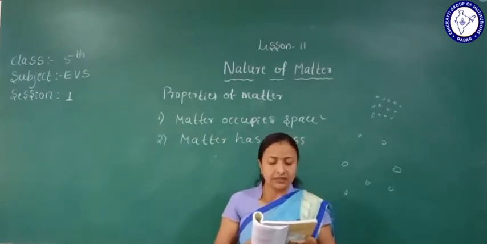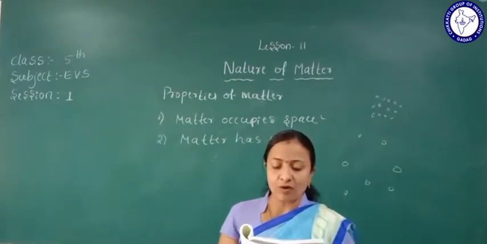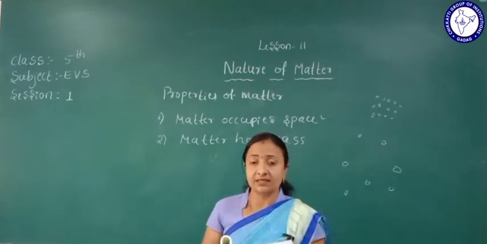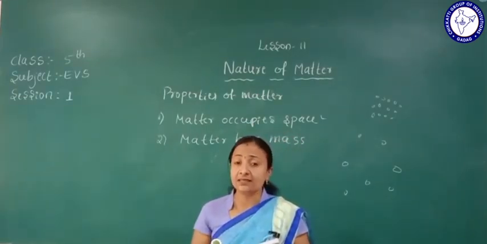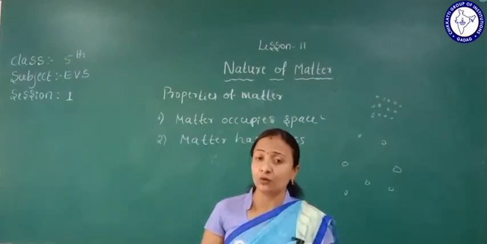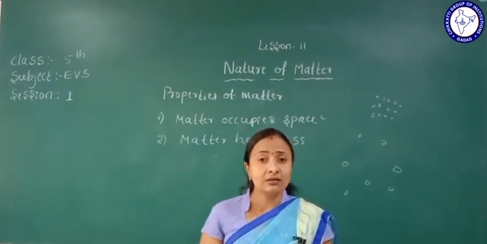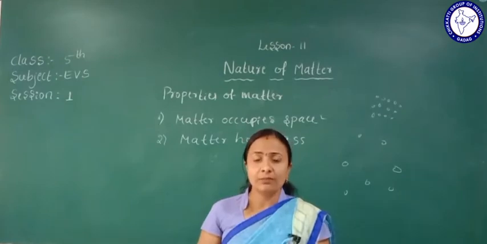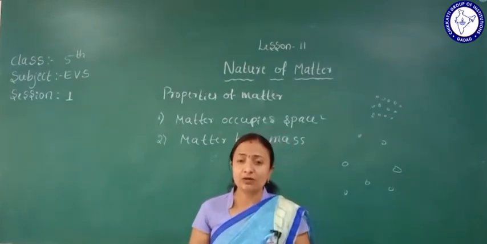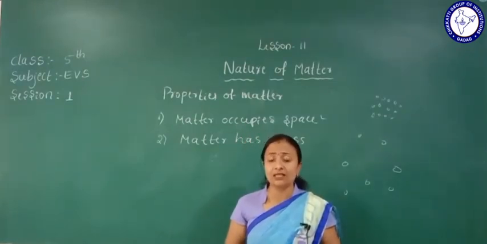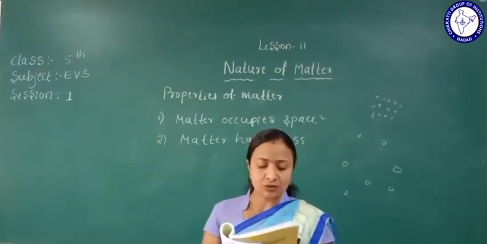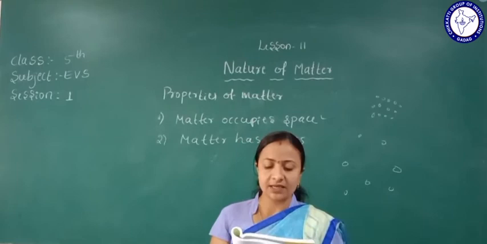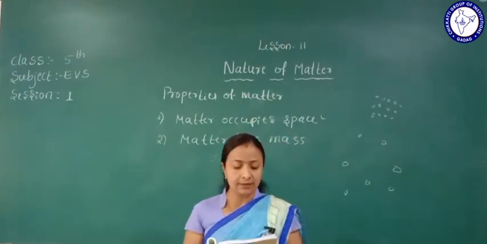Think here, they have given: what happens to the tube of a vehicle when it is filled with excess air? If we fill a vehicle tube with excess air, the tube will burst, because it does not have any space to hold the air. So matter is made up of various visible and invisible particles.